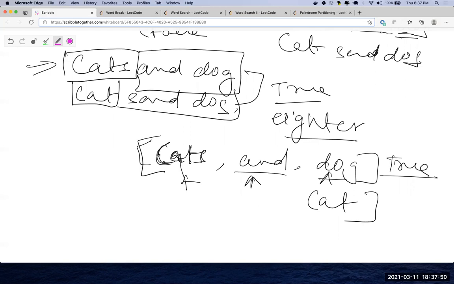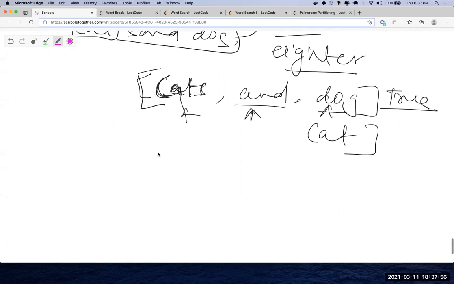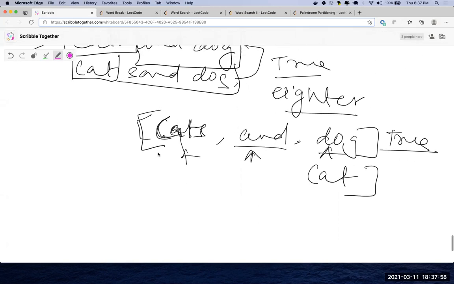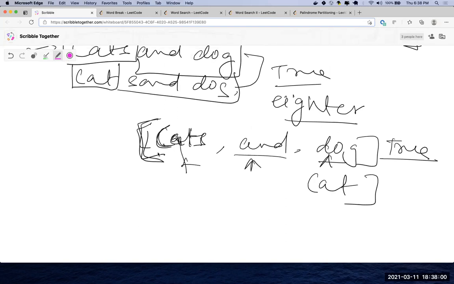I think for me, I got confused because let's take cat and dog, right? You presented a different dictionary, or was this the same dictionary? I generated a different dictionary basically. Okay. So basically, your first approach is you'll try to break up your string into as many words as possible, and you're trying to check if that break will result in an answer.